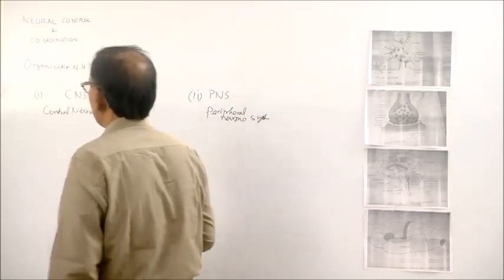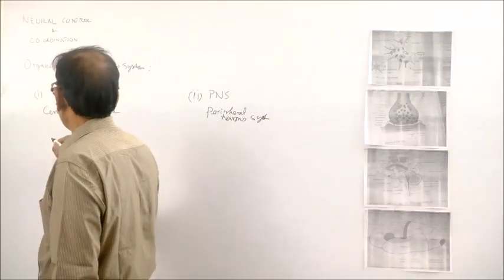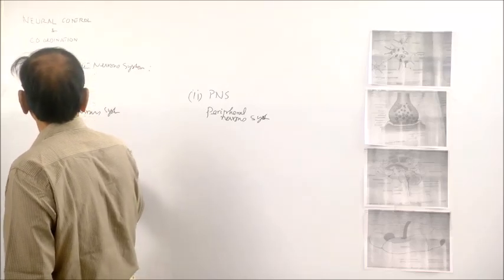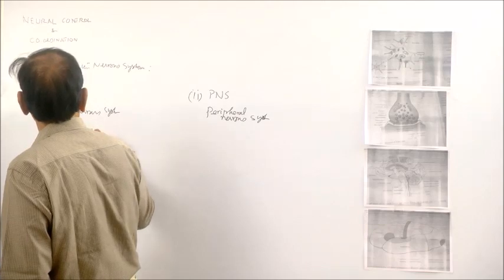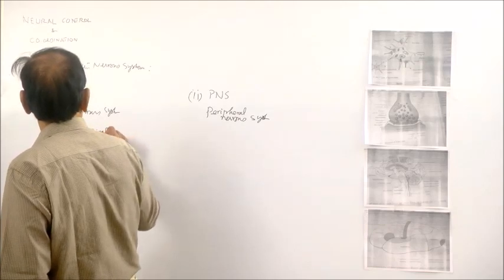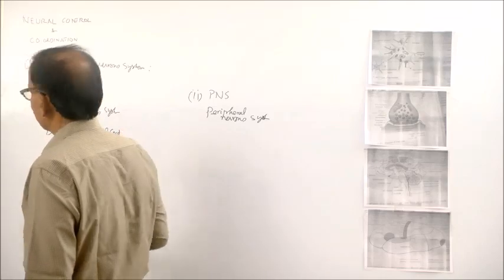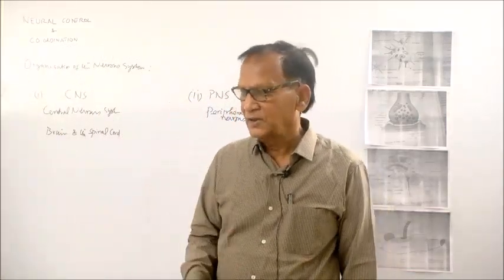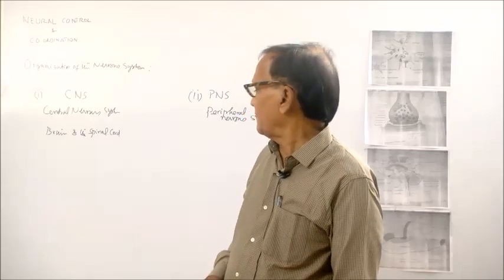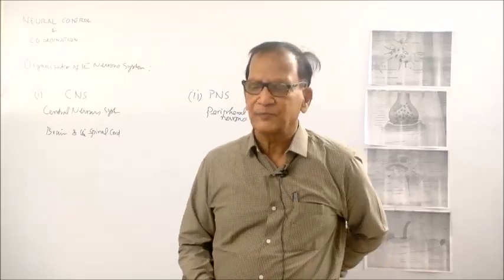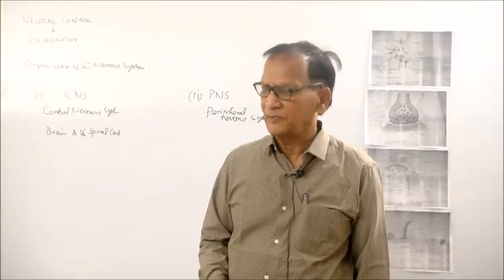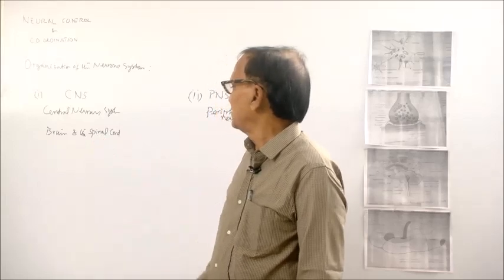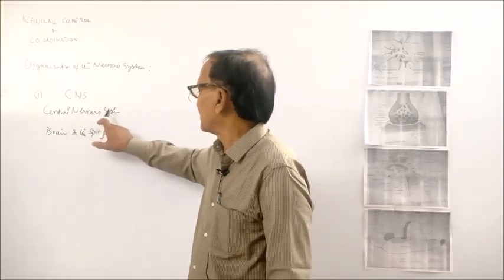The central nervous system comprises the brain and the spinal cord. If you have any idea, the brain is the most vital organ in the body, lies safely protected within the brain box or skull of the head, and the spinal cord similarly is safely protected by the vertebral column through which it passes. So, the brain and spinal cord comprise the central nervous system.